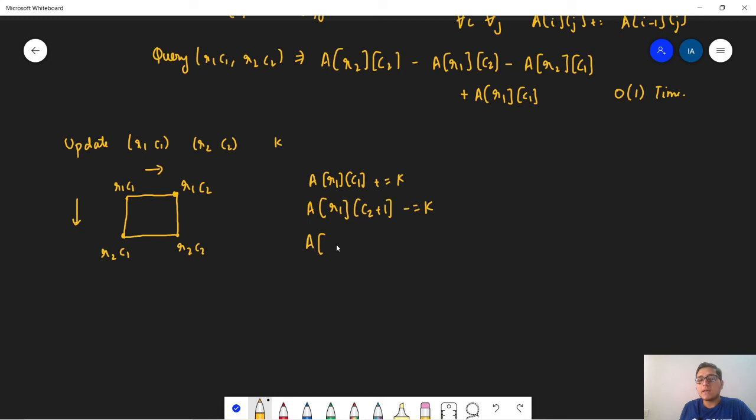So we need to subtract A of R2 plus 1, C2 minus equals K. Now the thing to notice is that we have added minus K over here and minus K over here.